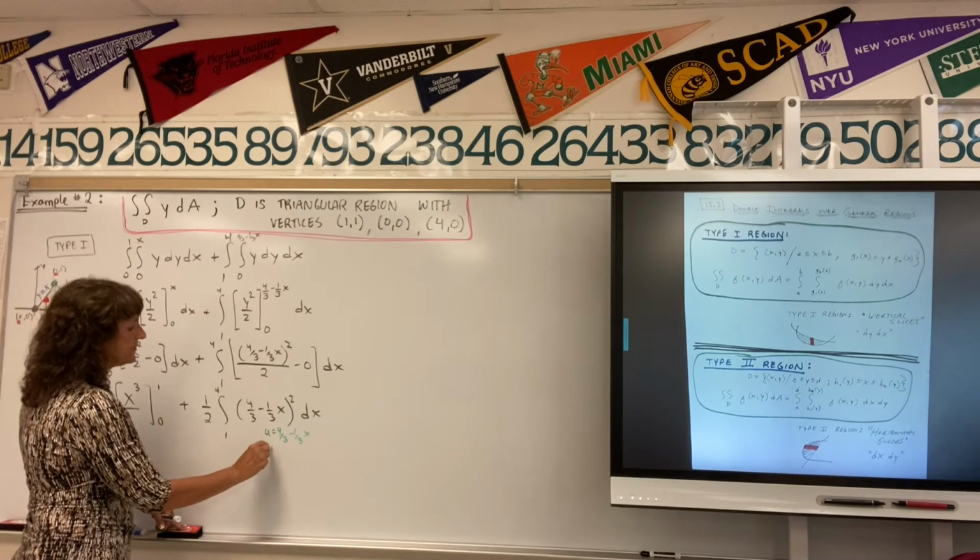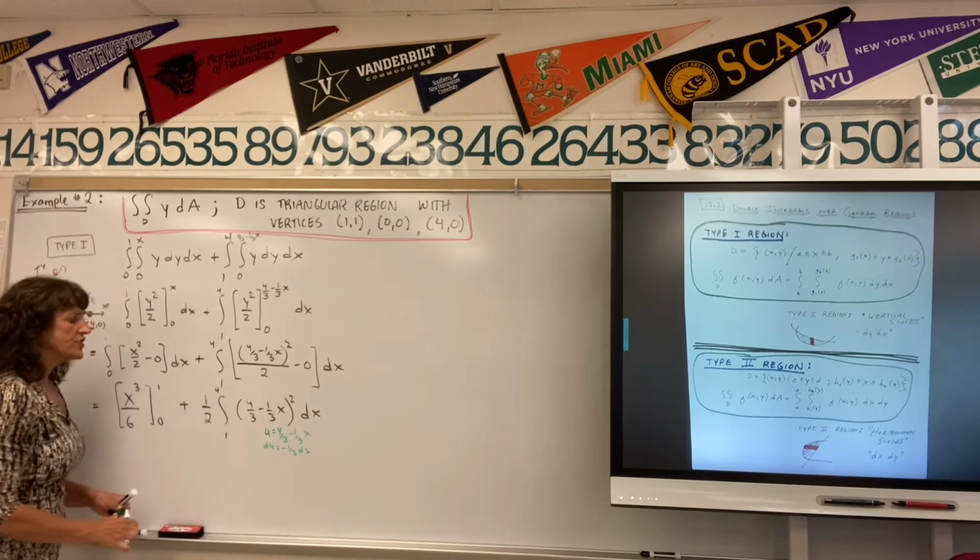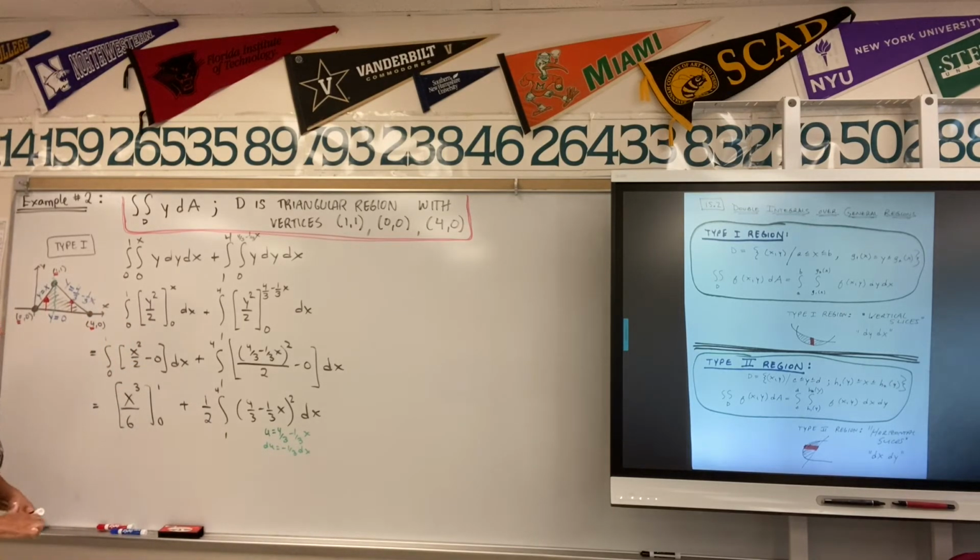So my du is going to be a negative 1/3 dx, okay? So essentially I'm pulling out a negative 3, I'm going to integrate the u squared. So let me work through. So plug in the upper bound, lower bound here. This over here is going to give me 1/6. So whatever I get from this integral here, I'll have to add my 1/6 plus 0 onto that,